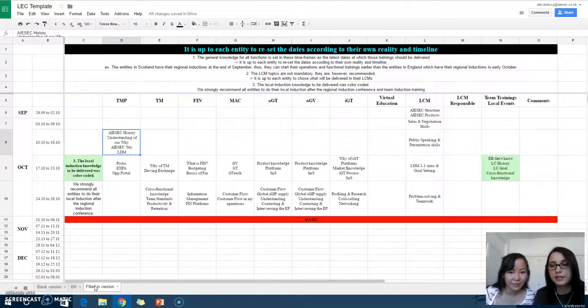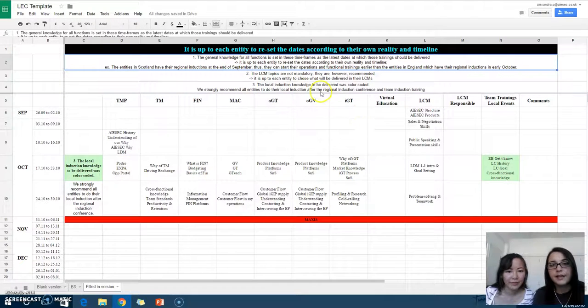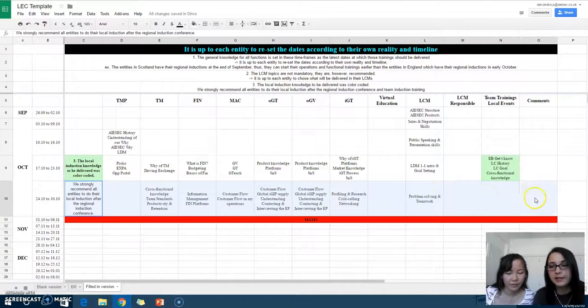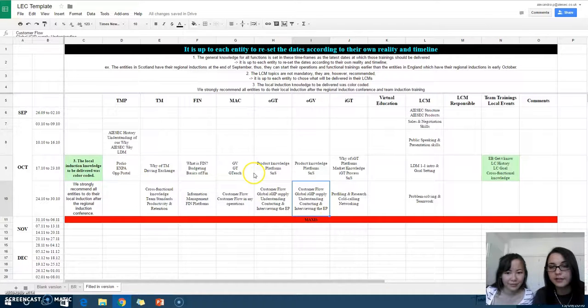We actually have a recommendation for you, and these have the final deadlines: by these dates, these trainings should be delivered in your entity up until Maxis in order for your members to actually start operations. Okay, so you can just pause us and look a bit.